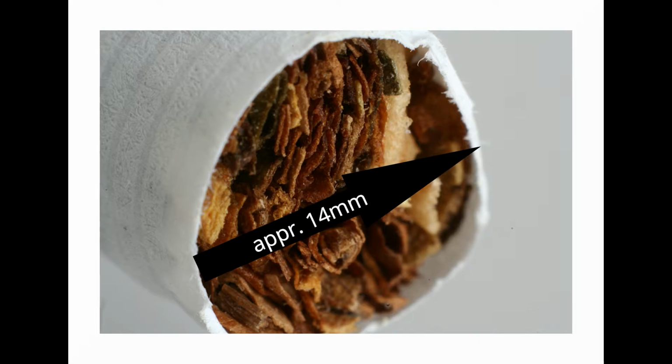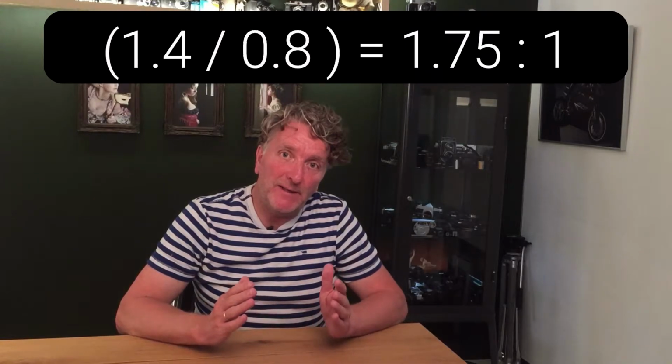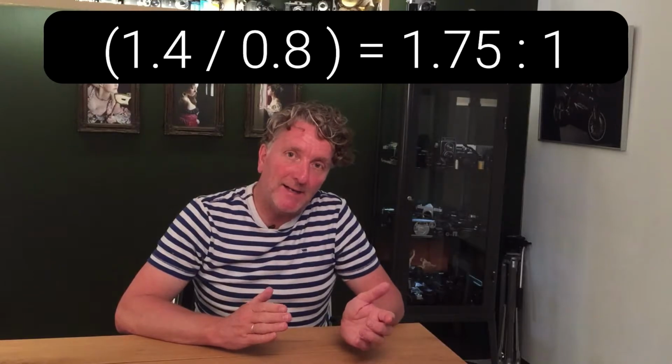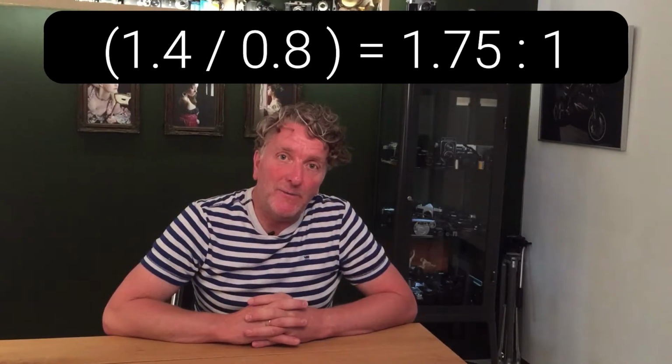I also measured the horizontal size approximately in the end result. Again, taking into account that the horizontal size of the sensor is 22 millimeters, it brings me to a size of 1.4. And when I divide 1.4 by 0.8, so the size of the cigarette diameter in the end result versus the size of the cigarette in real life, I come to a ratio of